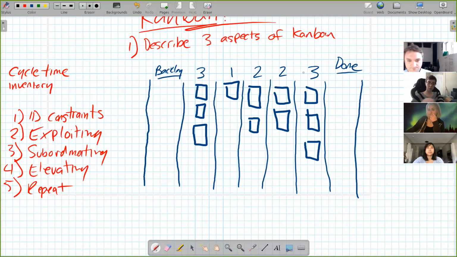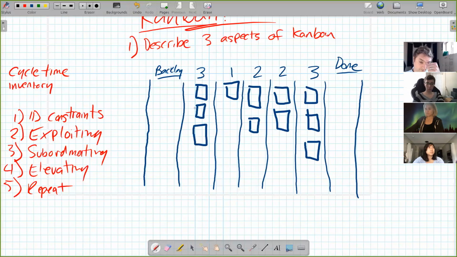And these are generically called work items. They could be user stories, but don't have to be, just tasks. Things that independently move through the system. Could be widgets, car parts, students, whatever you produce, work items.